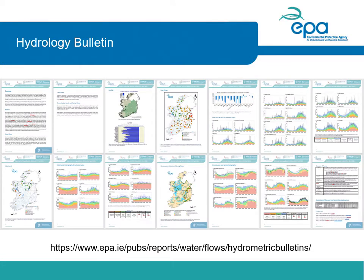A monthly summary of the national hydrological picture is also obtainable via the National Hydrology Bulletin, which is published each month on the EPA website. The bulletin started production exactly 1 year ago, following agreement between the EPA, Office of Public Works, Geological Survey and Met Éireann. Quite simply, the bulletin provides a high-level snapshot of the current state of hydrology at the end of